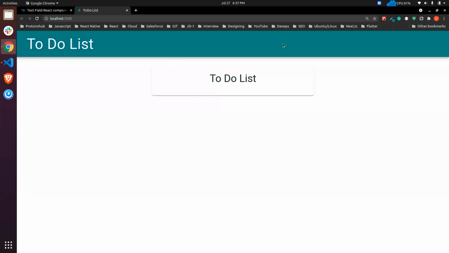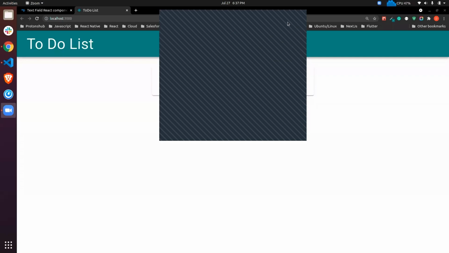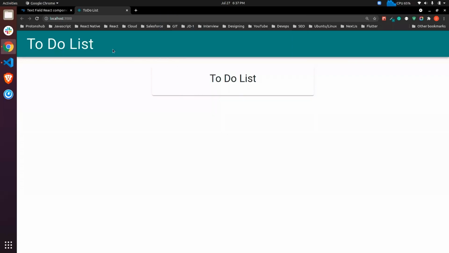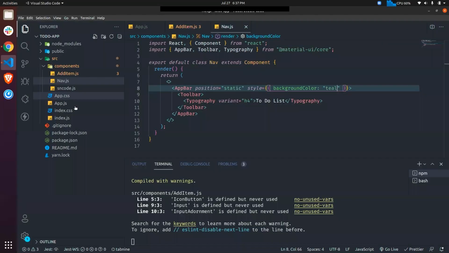So this is how we write inline CSS. You can also write it outside by making a CSS file, but for now we'll be using inline CSS. So this is how you can change the color.